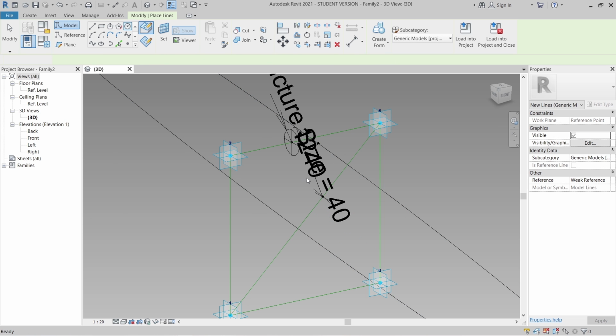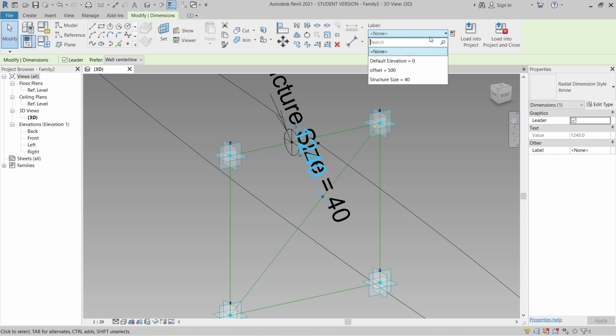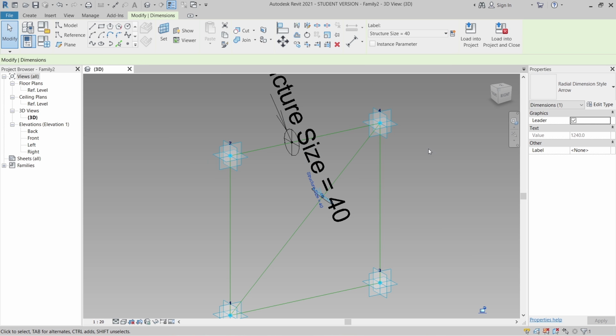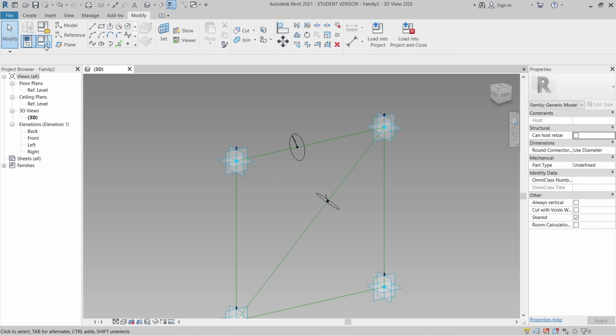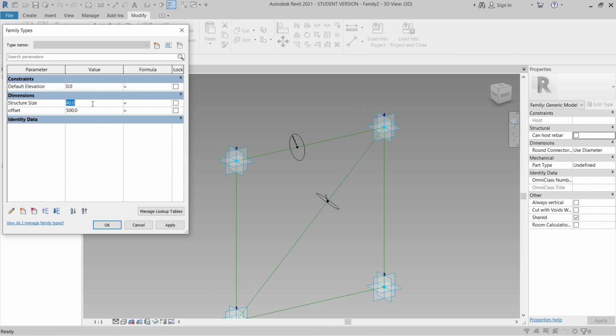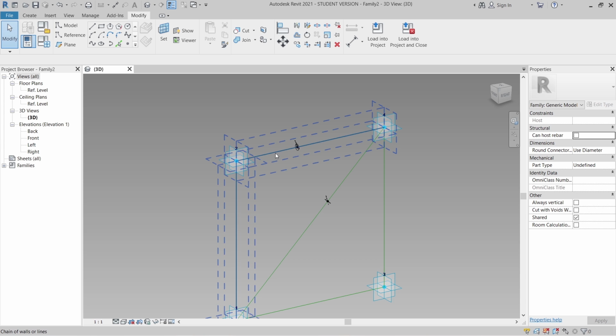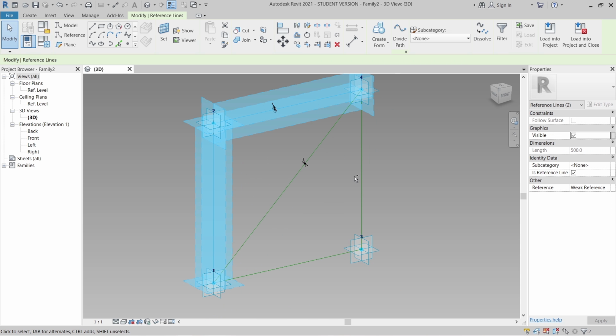I don't worry about that, because later on I will adjust it. I just select my dimension there, drop down, find Structure Size, and rescale it to 1 by 1. As you can see, it's perfect. And I can go to my Family Types, and I will set our structure size to, let's say, 25. Then hit Apply and hit OK. We make it 10 first. Apply, then hit OK, just like all my references there.